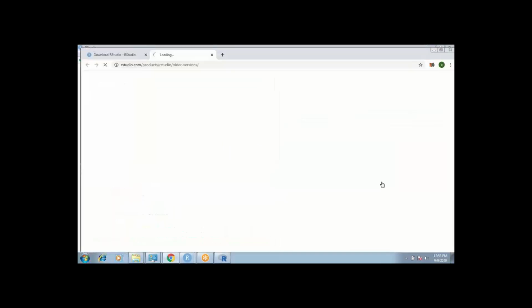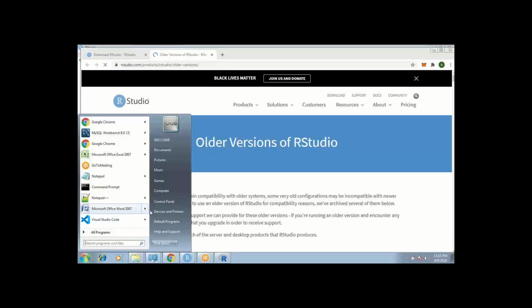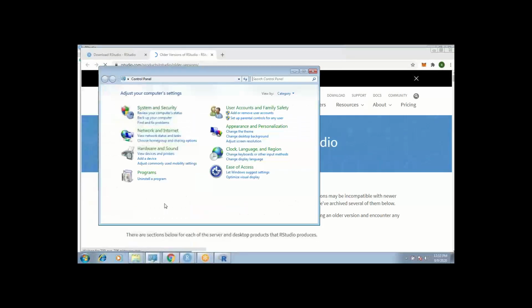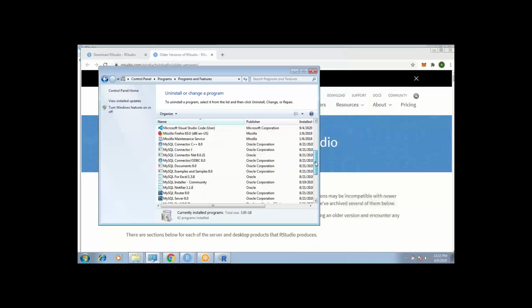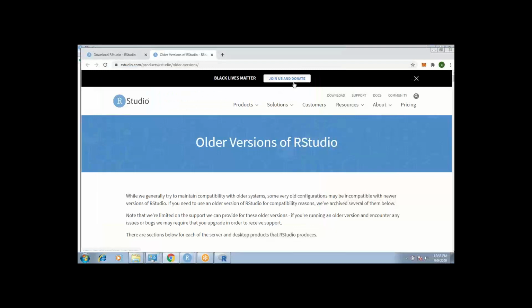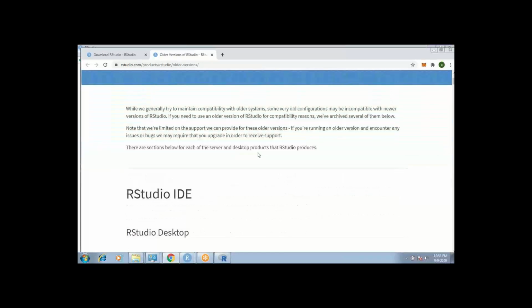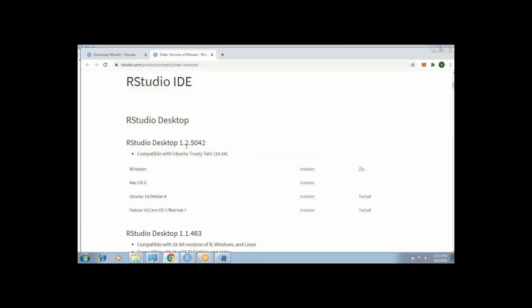Uninstall this RStudio, the current one. I think it would be the latest version which you have downloaded from the website. So scroll down from this now. Do that later, not just now. I'm telling you what has to be done. So you would uninstall this current version of RStudio, and from these older versions, you will download RStudio 1.1. Scroll down. It is there. There is a version 1.1. You would install that.